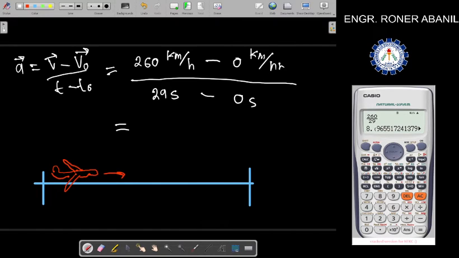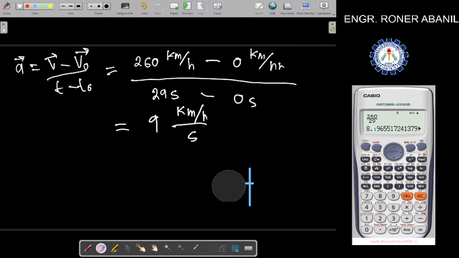So, approximate na lang natin 9. 9 kilometer per hour over second. No? So, para ma-simplify yan, kailangan kilometer or meter per second dapat ang lalabas. Okay? So, ang maganda siguro dito,